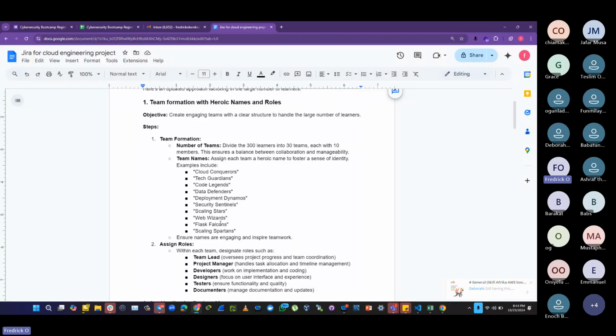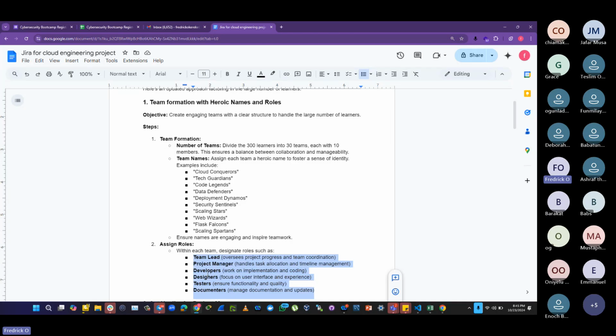Next, within your team, you are expected to assign roles to yourselves. These are just demo names, not necessarily what you may have as a skill set. But you can wear some of these roles based on your function in your team.